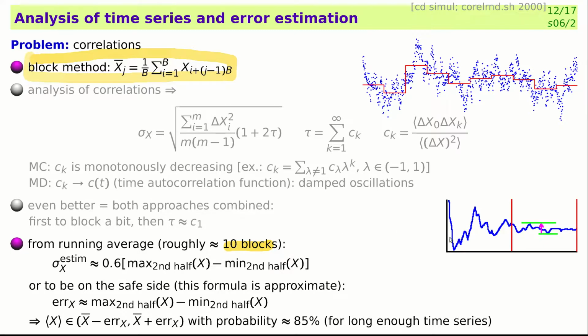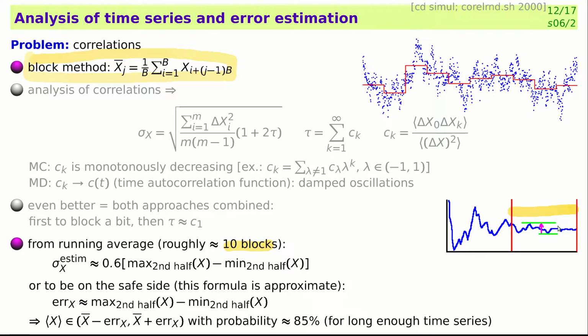So we draw the convergence profile. Each point is the average of all points of the time development from the start of the simulation, and it does converge. So I'll take the second half of this and calculate the difference between the maximum and minimum observed